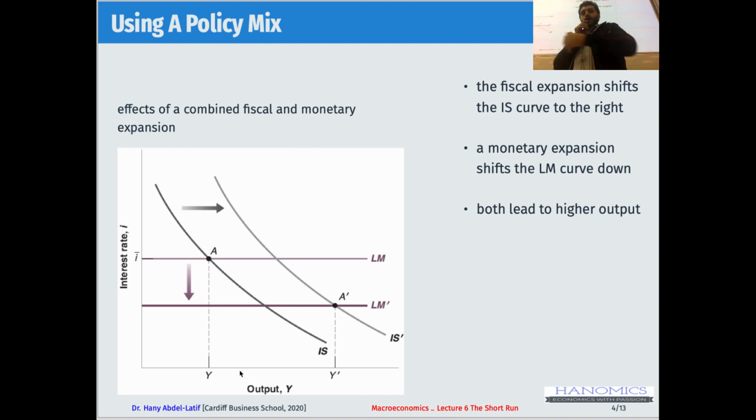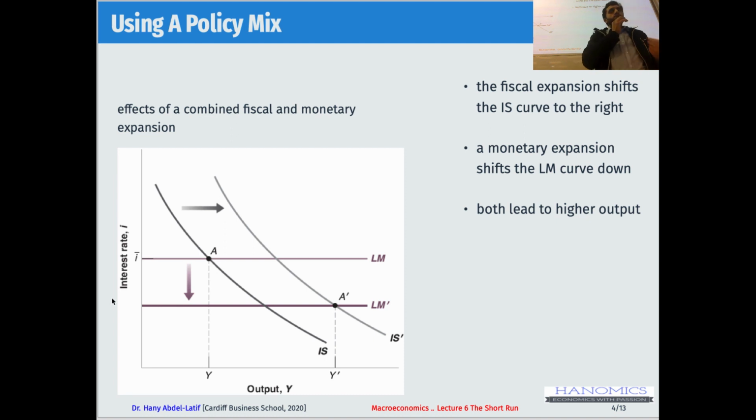Okay, so they pushed the output level up, a higher output level, and also the interest rate was lower. Okay, so this is like a policy mix, using both together at the same time. So think about this. This is exactly what we did in two stages, or separately. We did first what would happen if there's a fiscal policy change, and then what would happen if there's a monetary policy change. Then the policy mix here means